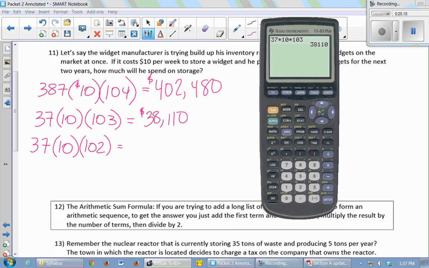Because these are the widgets I'm making in week 2. So for week 1 and week 2, they didn't exist, which means I only have to pay to store them for 102 weeks, because the first 2 weeks of my 2 years, they didn't exist. The first week was free except for the 387, and then you have to add all those things together by the time you get to the end of the 2 years. So let's see. 37 times 10 times 102,